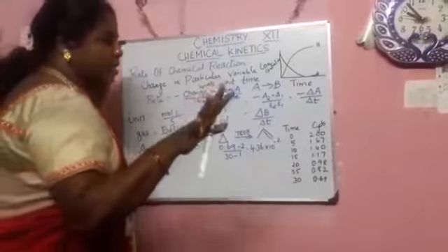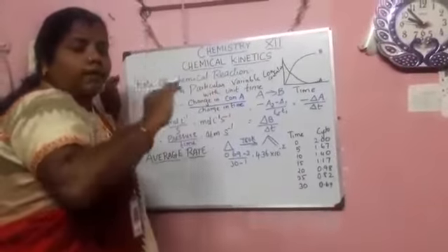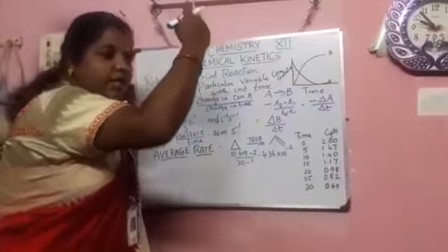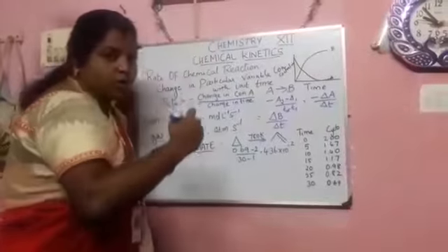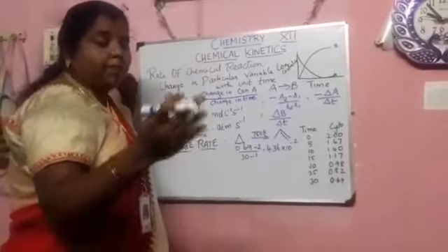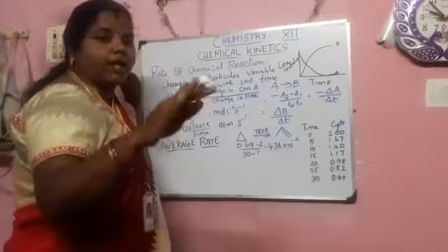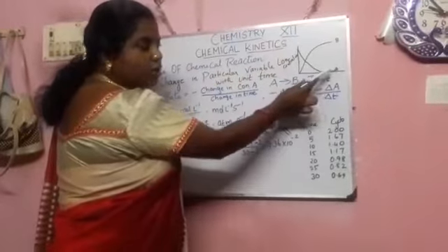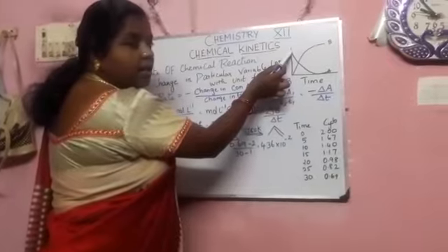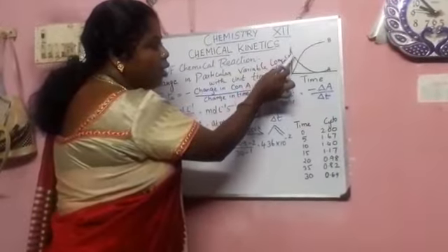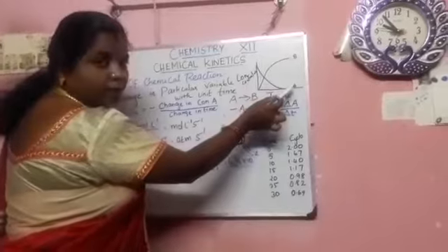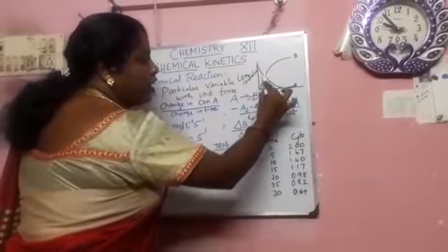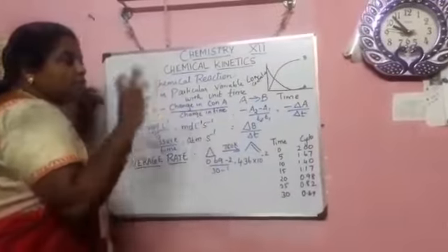This is the concentration. Whenever the reactant forms a product, the concentration of the reactant slowly reduces. At the same time, the concentration of the product increases. It has been shown in the figure. This is the concentration of A. Starting from A, the reactant, it slowly reduces. At the same time, B slowly increases. So this is the thing.